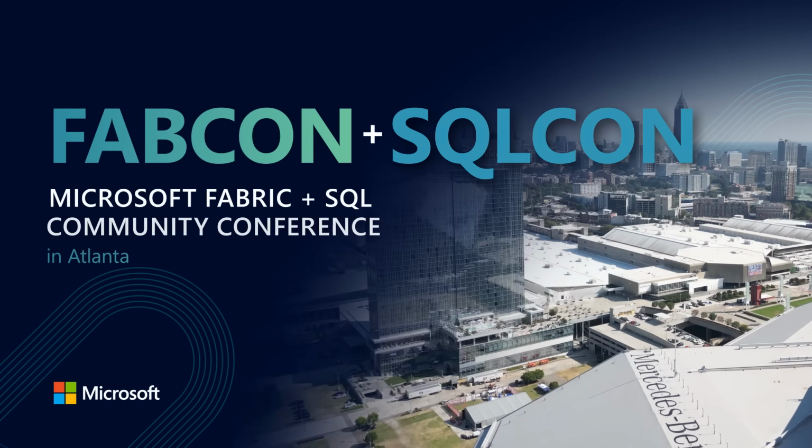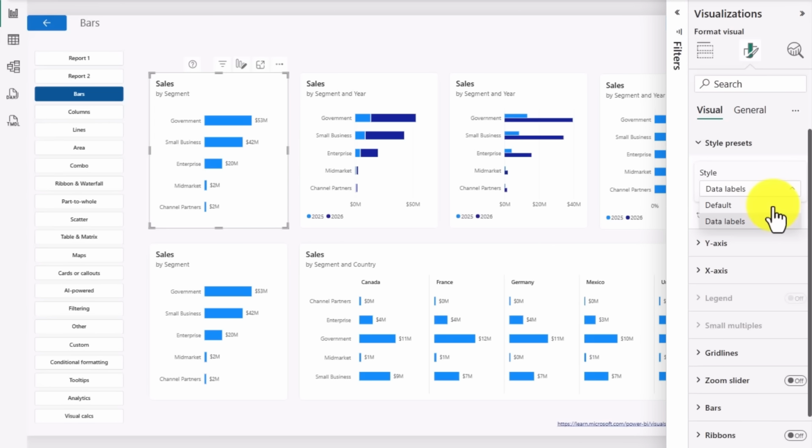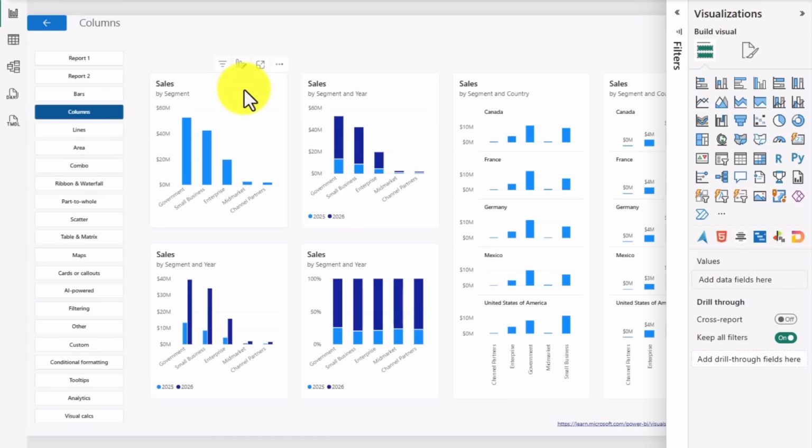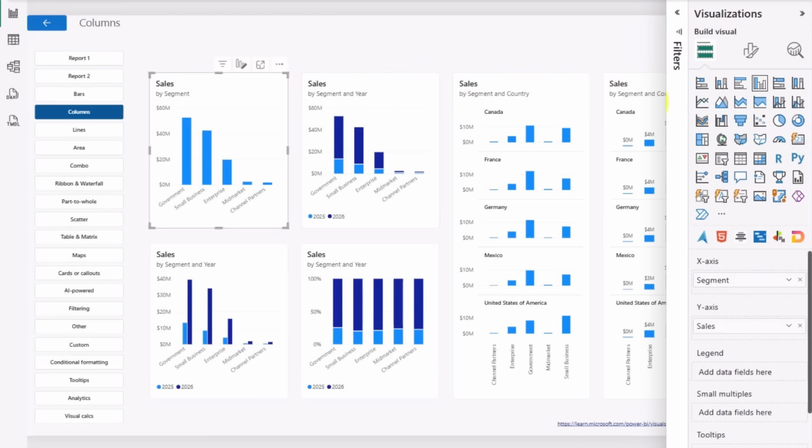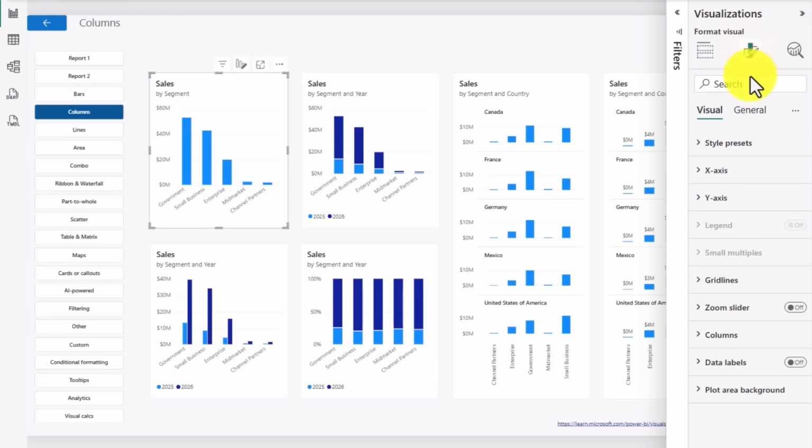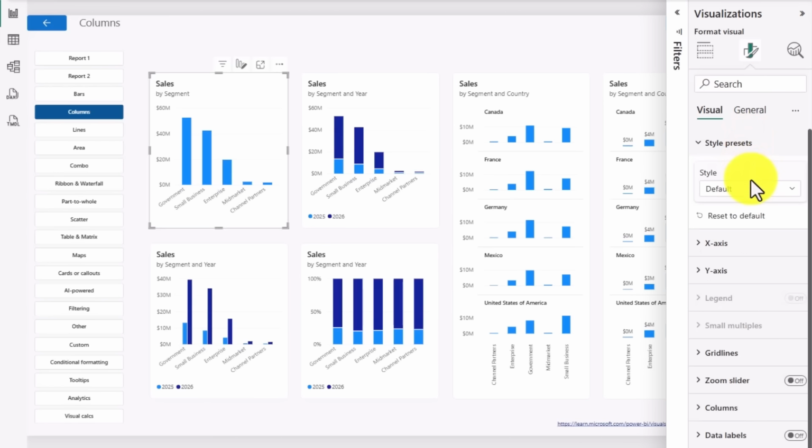In the Format pane, you'll now see presets that quickly change the look and feel. Here, we can add in data labels, which remove the axis, or you can return back to using the axis without the data labels. And the same goes for column charts. Presets make it easy to apply consistent styling. So you'll see that most of the charts will have this option to have data labels or the default style